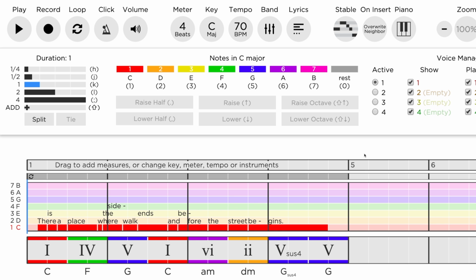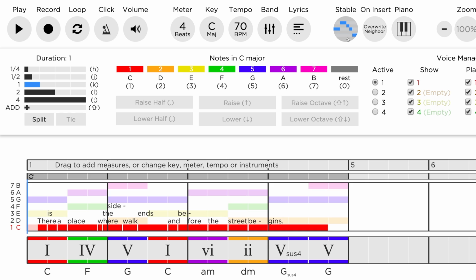Let's do this together. First, turn on the stable scale degrees, and let's adjust the notes of our melody to match up with stable scale degrees over each chord according to the shape of the melody that we'd like. For example, let's say we want to start our melody by going up. The 1 chord has stable scale degrees 1, 3, and 5. Let's start on 3,